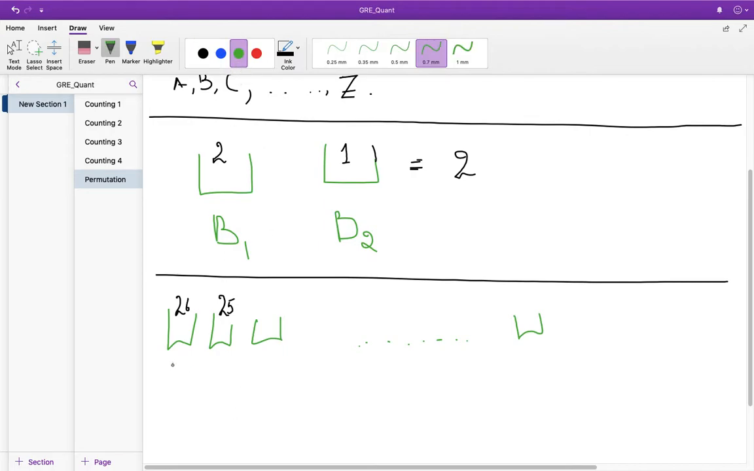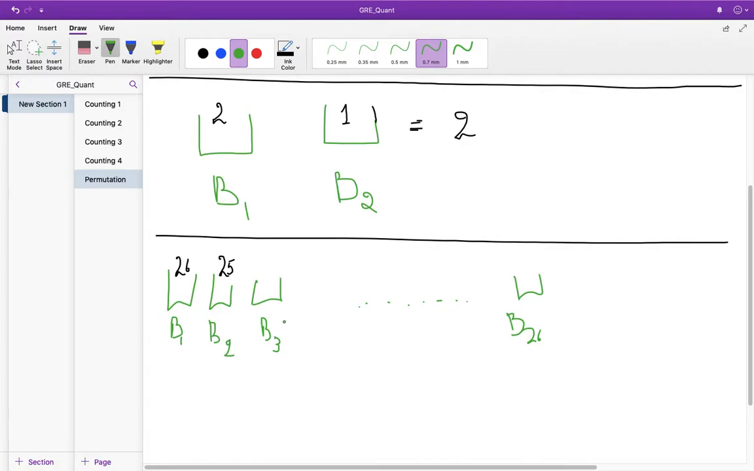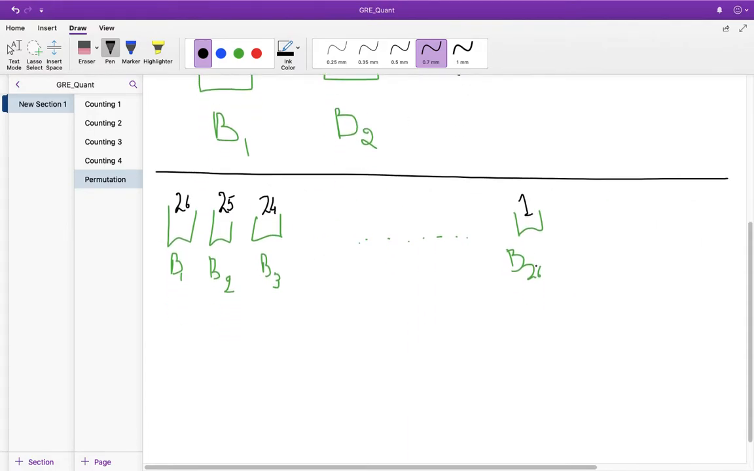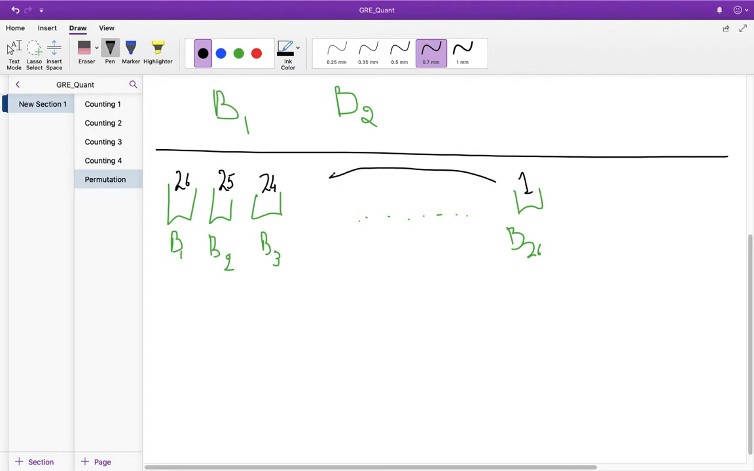Let me just write these bucket numbers as well. Bucket 2, bucket 3, bucket 26. How many ways are there if you've thrown two letters in bucket 1 and 2? How many ways are there? 24. And extending this, how many ways would there be of throwing a letter in bucket 26? There would be just one way, given the fact that you've already thrown all the rest 25 elements in different